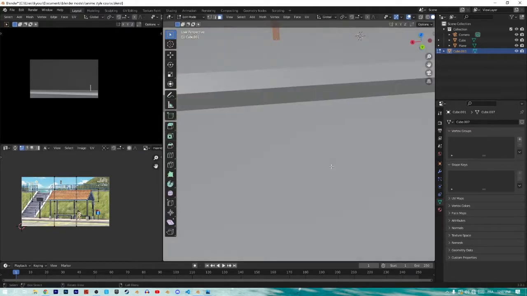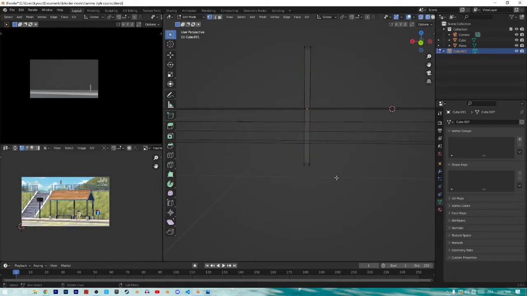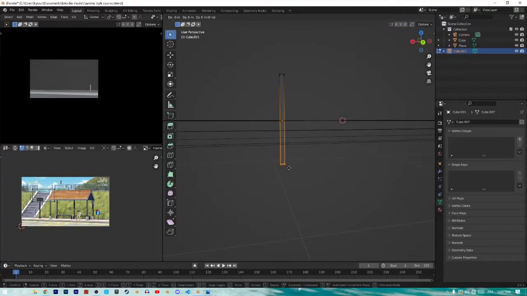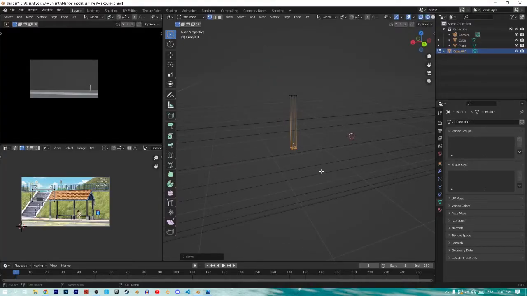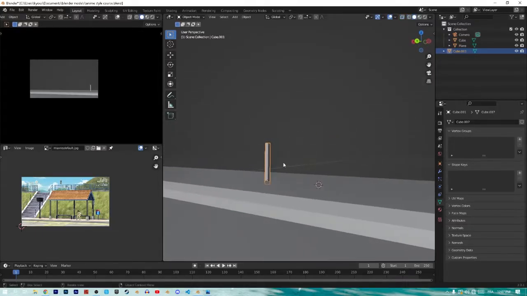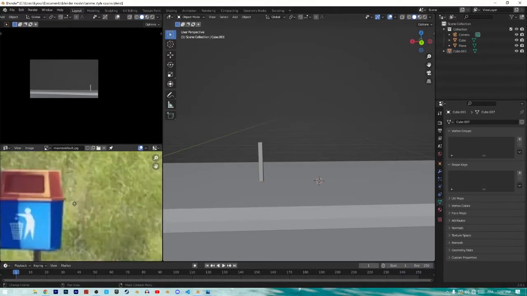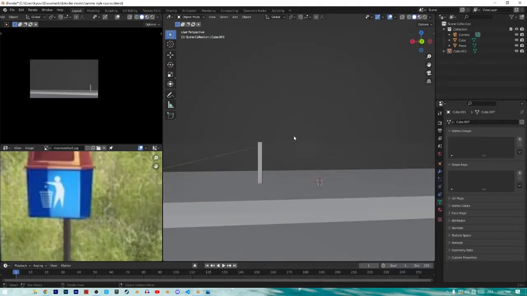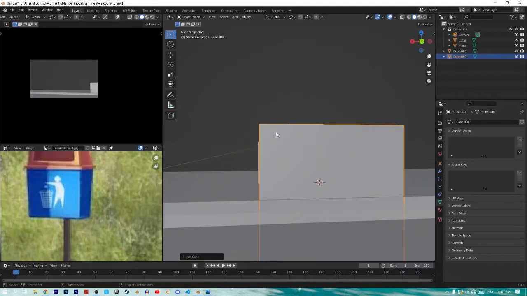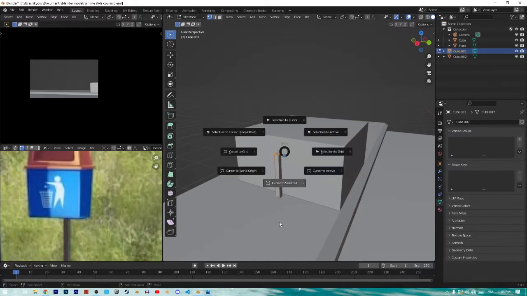Maybe go to edit mode and Shift Z to go to the wireframe viewport. Maybe press 1 to go to vertex select and select these vertices, and GZ and move them up. Okay, right here, perfect. Shift Z again to go to solid viewport. Okay, now we need this guy. How can we make it? Easy. Shift A and add a cube and select this guy, select the top vertices, Shift S and cursor to